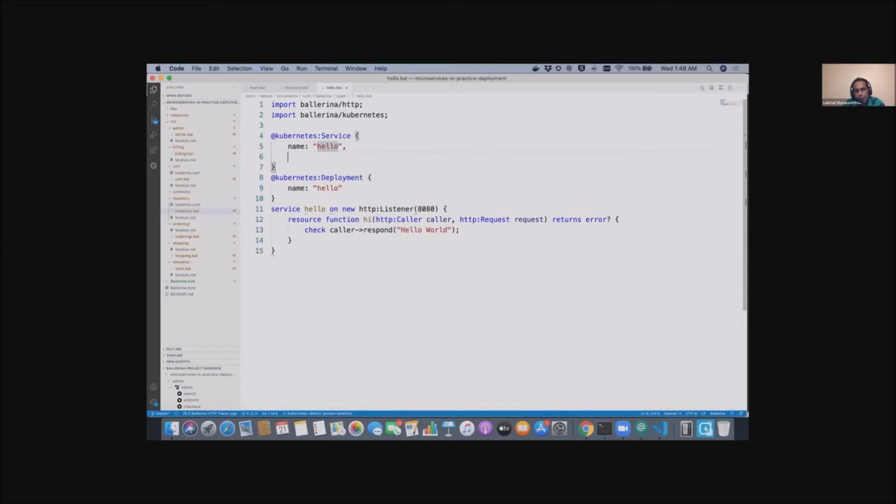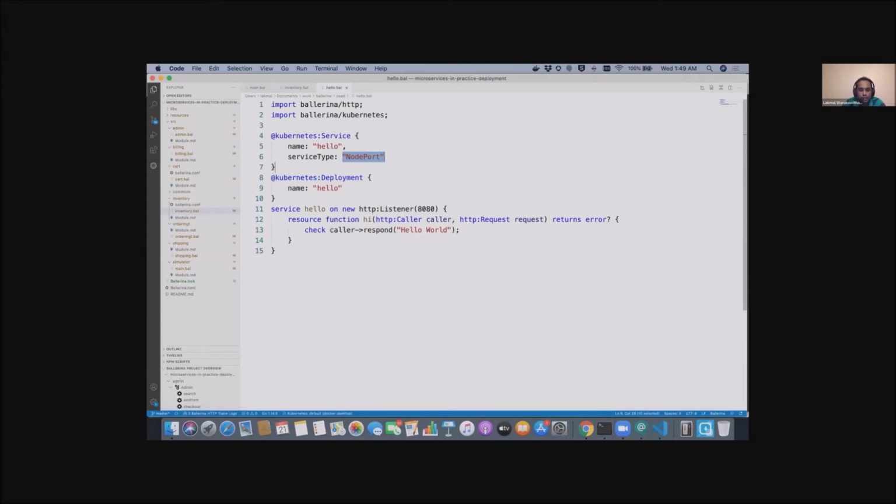Since I'm running on a Mac machine, I want to expose this service as a node port type. Then I can access the node IP and node port, plus my resource function path, and invoke this service. Okay, so I just added two annotations on top of my generic programming.